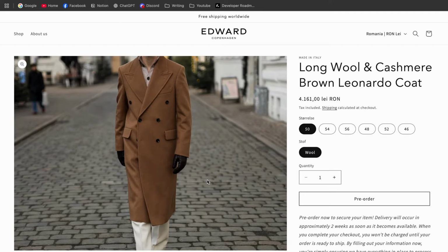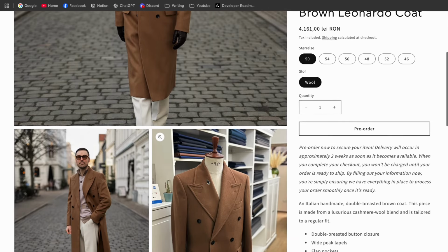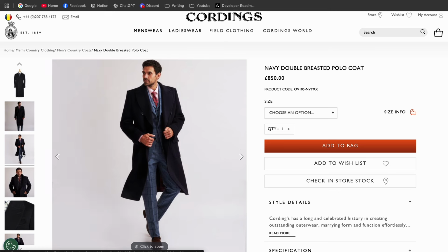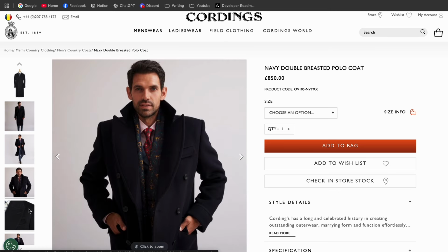Finding a similar coat nowadays is going to be extremely difficult, unless you're going for the full bespoke route, obviously. I am also personally looking to getting my first coat like this, and my top contenders right now are Suit Supply or Edward Copenhagen. If you are willing to make certain compromises, other valid options include Cordings, Spear & Mackay or Thomas Farthing. The suit color is really the only thing I would change to make this look even more